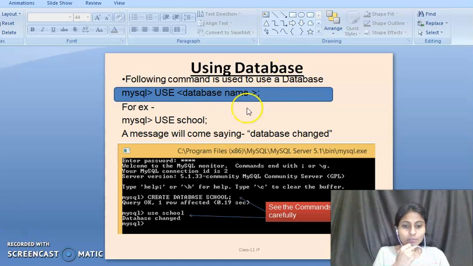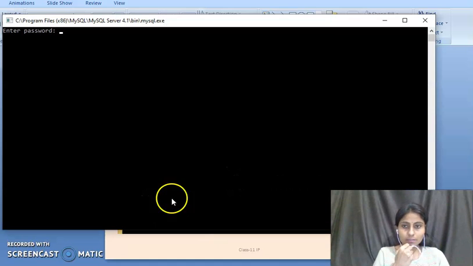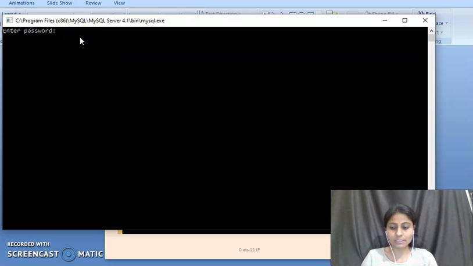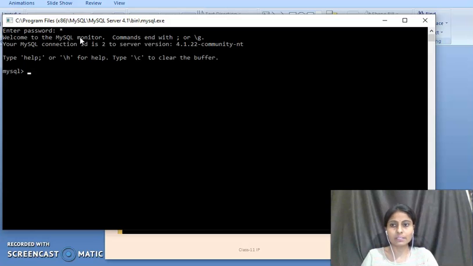So here we will start the practical approach. When you start MySQL, it will look like this, and it will ask for the password. I have already set the password as A. Now I will type A here and enter the software. This is known as the prompt of this query language, the MySQL prompt. When you see the MySQL prompt here, it means it is ready to accept your command.